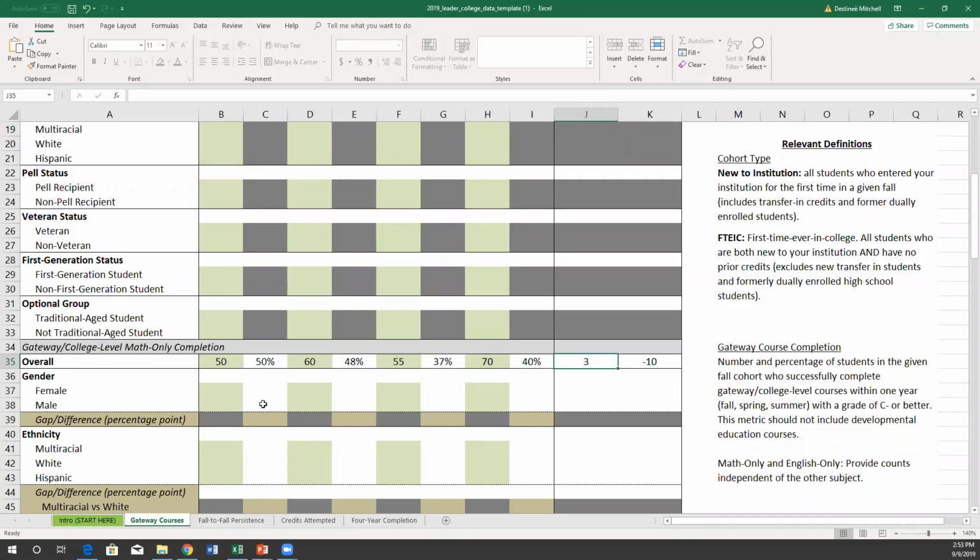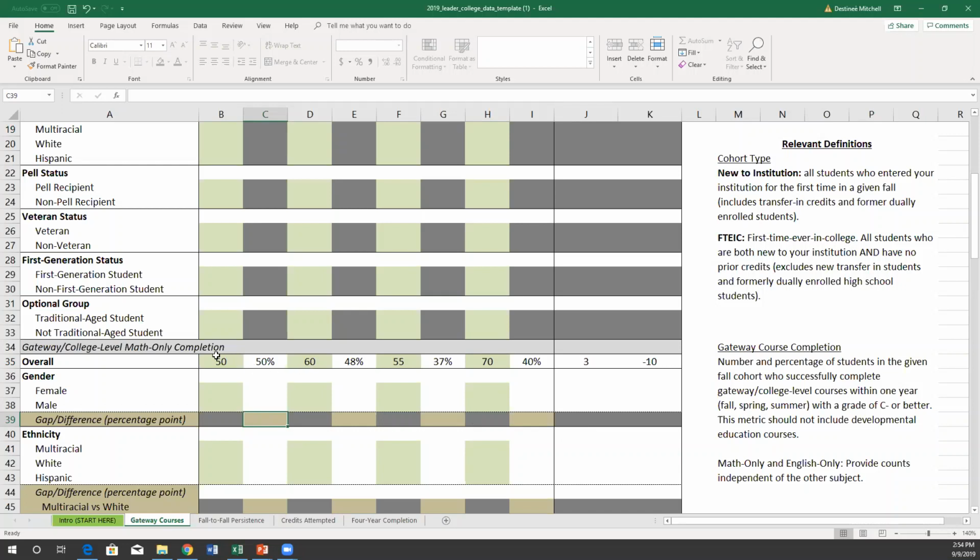For situations of subgroups, everything will calculate the same way, but there's this gold-colored row that shows the gap or the difference. So without going in and entering a bunch of numbers on the spot here, you will see that same kind of percentage point calculation will be pre-calculated for you. So if you have entries for female and for male, you will see that maybe it was a 2-point gap. It became a 5-point gap. You will see if the gap increased or decreased, so you don't have to sit there and do the math. We try to design it to do the math for you.